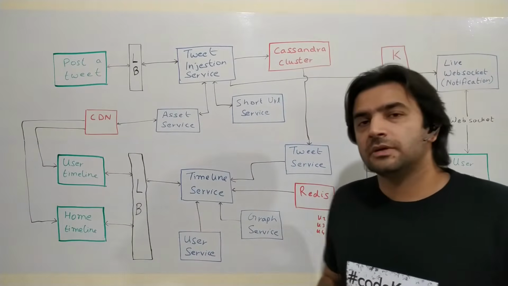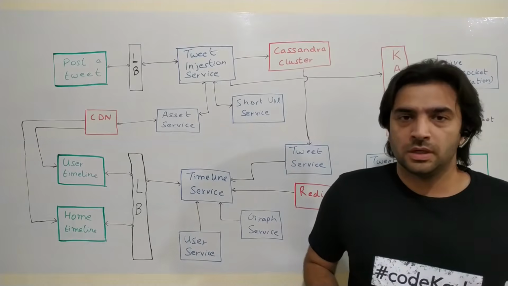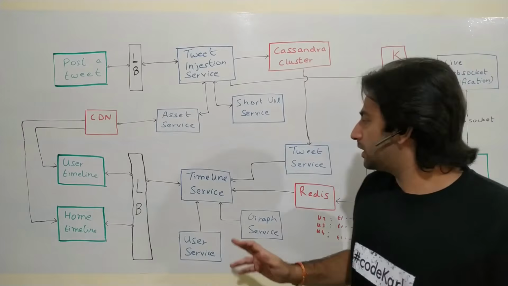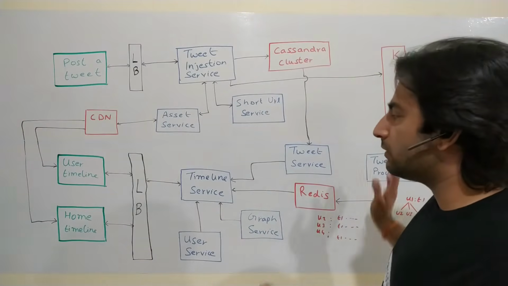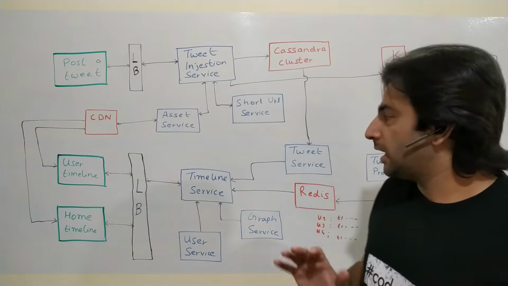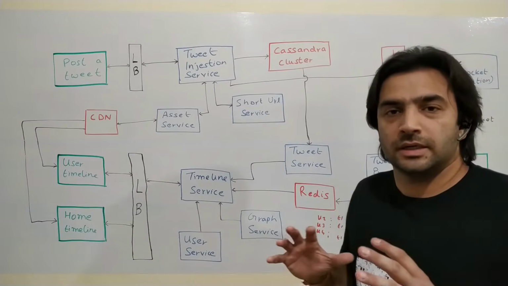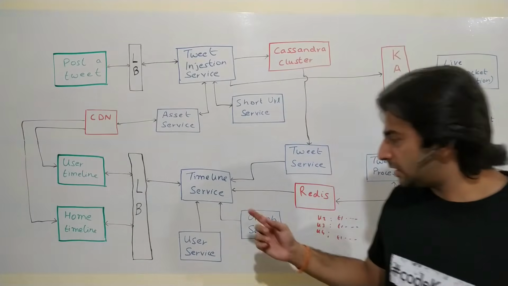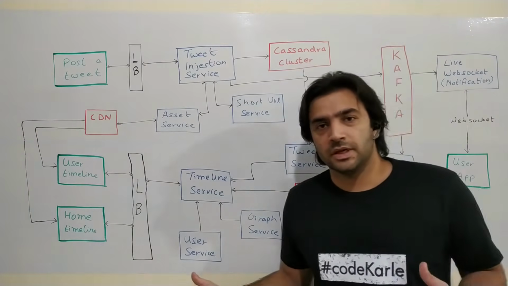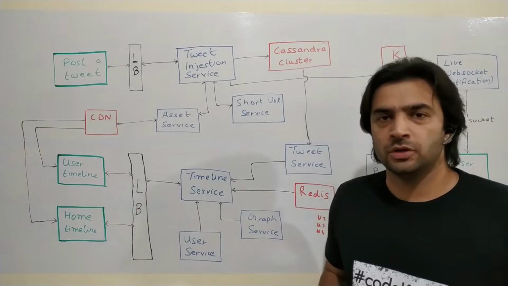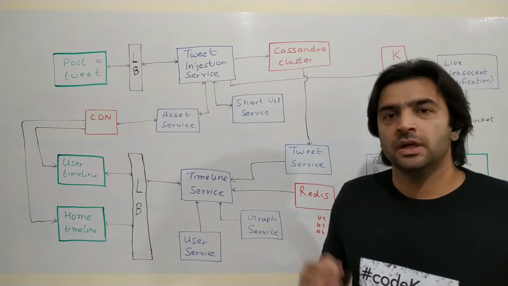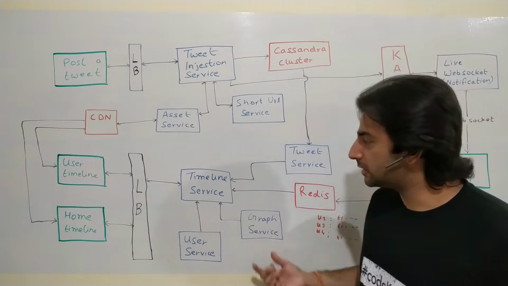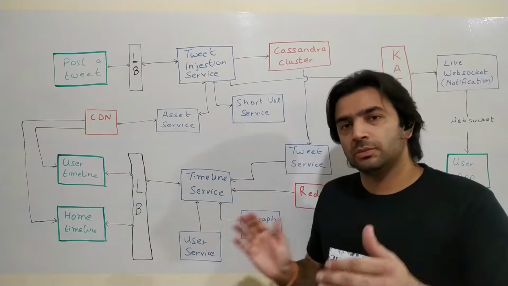Now once the timeline service figures out that the user is a passive user and it does not have its data in Redis, it will query whoever it needs to in the system, figure out all the data that it needs, and then create the timeline. First of all, it queries the graph service saying, I've got this new user whose timeline I need to create. Give me all the users who this user follows. Okay, so it gets a list of users whose tweets would now be shown.